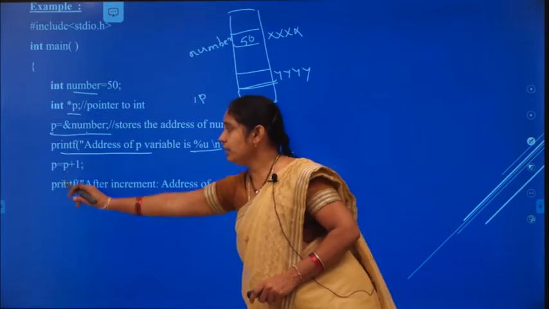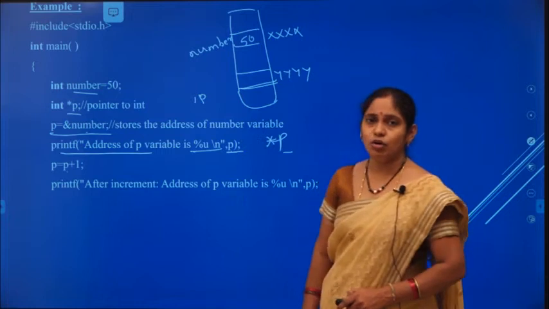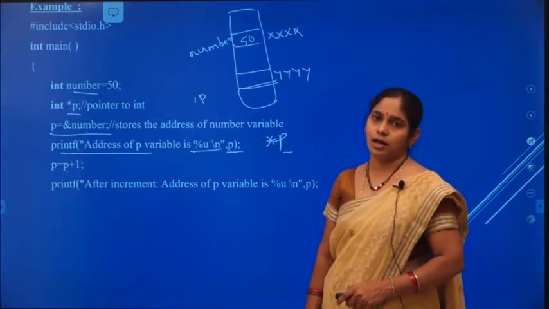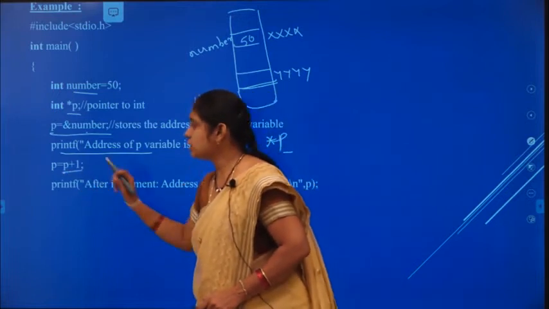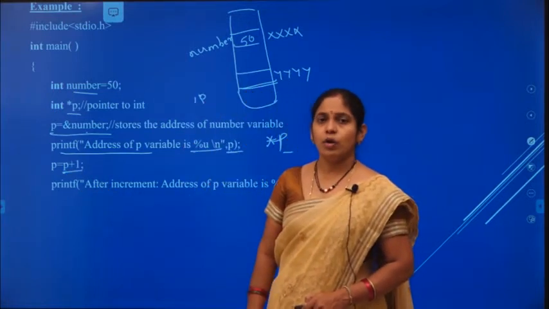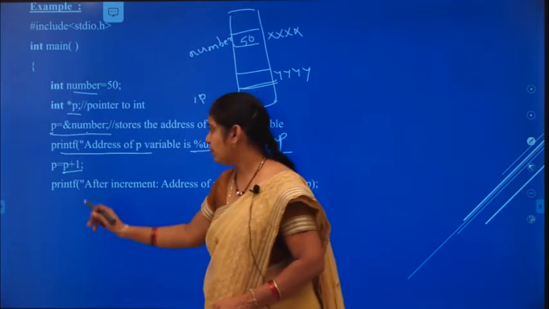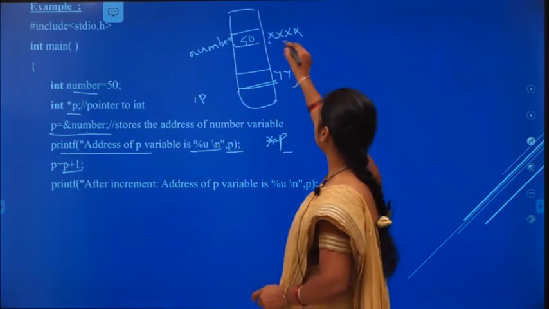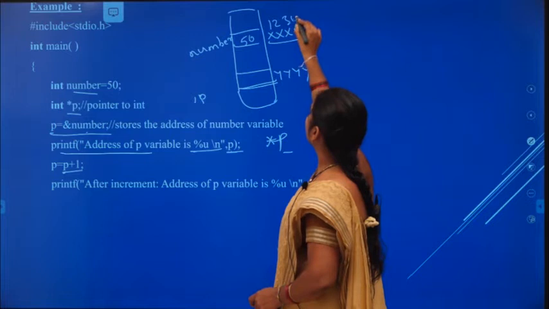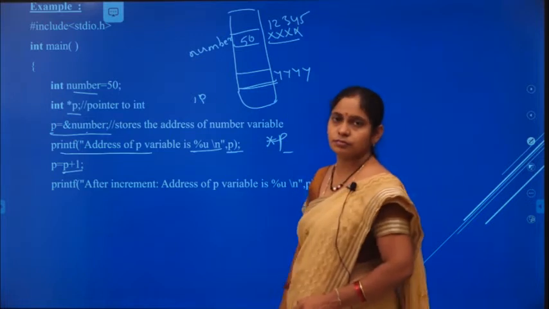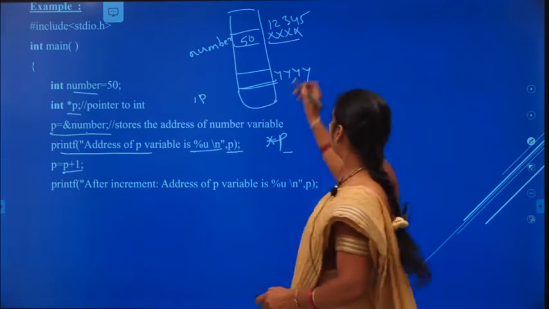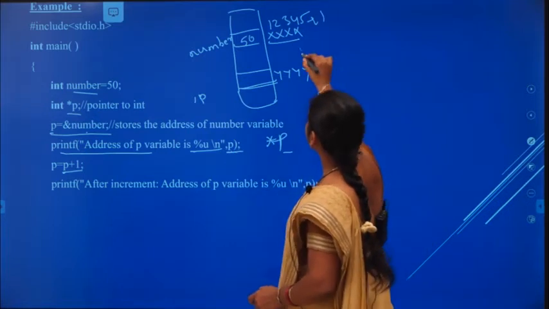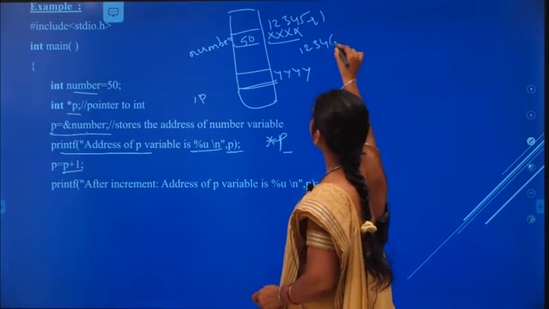And we incremented here the pointer, p equal to p plus 1. What is p? Nothing but the address. Assume here the address is 12345. Plus 1 means, does it give 12346?